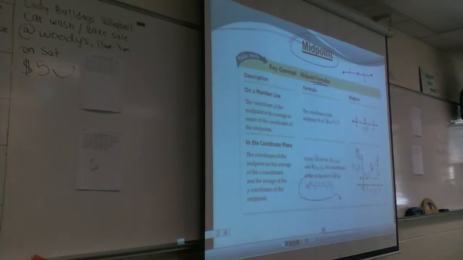Actually, this is the one. I'm going to probably rewrite it bigger. This one, not so much. This is talking about on the number line. But this is more of a common sense kind of thing where you look at that, that's 2 and that's at 10. If I went to the middle of it, it would be 6. You add them up and cut it in half, which is what most people do when you look at the middle. Now, the other formula down there,